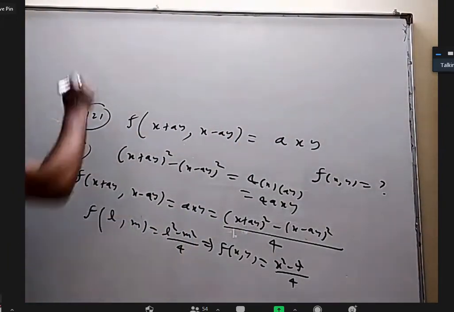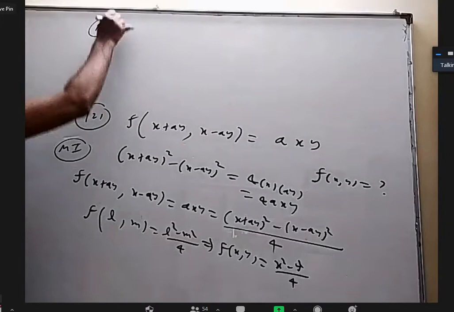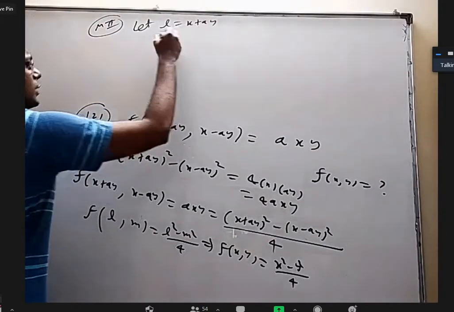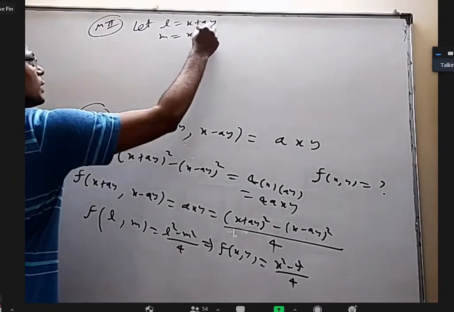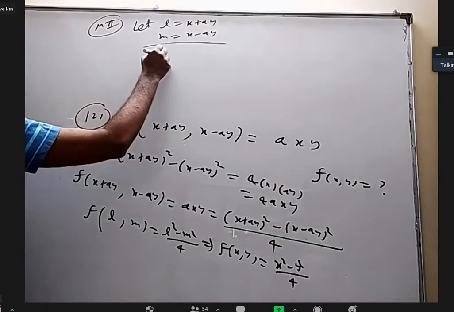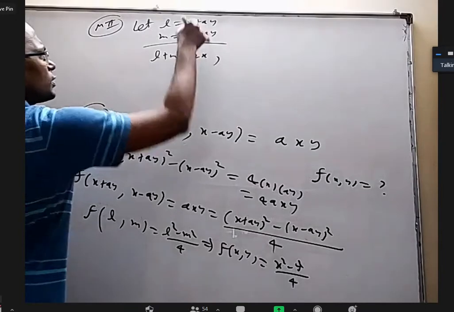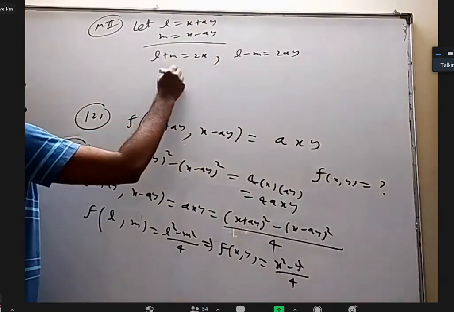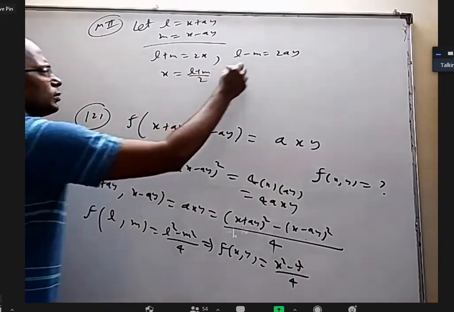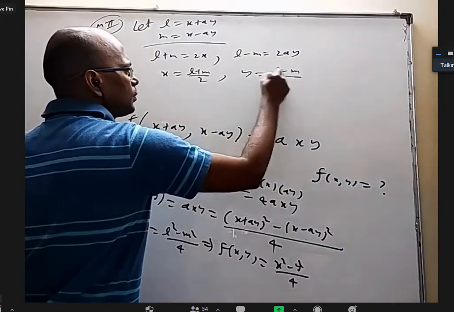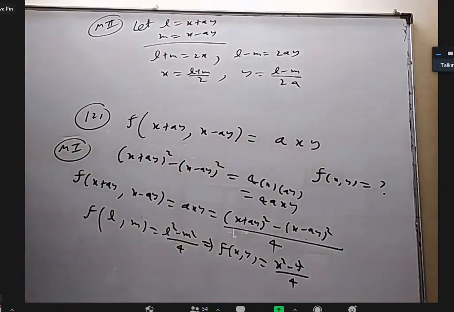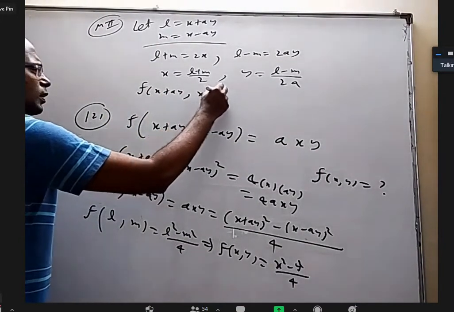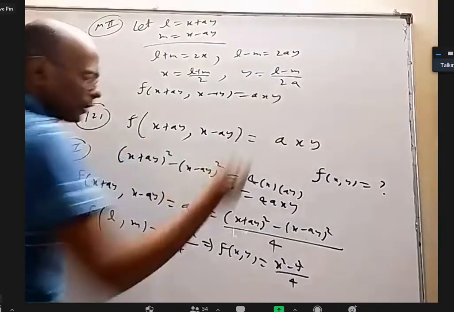Okay, so for the same question, instead of just guessing, method 2 will be: let L equal to x plus ay and M equal to x minus ay. When you add them, L plus M will come 2x. When you subtract them, L minus M will come 2ay. So you'll get x is equal to (L plus M) by 2, y is equal to (L minus M) by 2a. So now when you take your f of (x plus ay, x minus ay) is equal to axy,